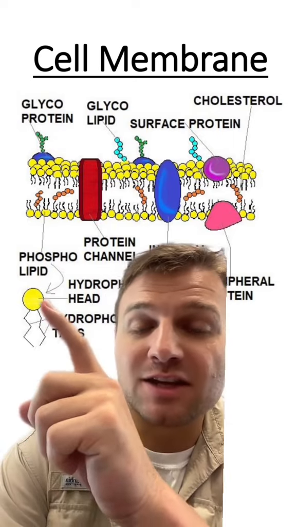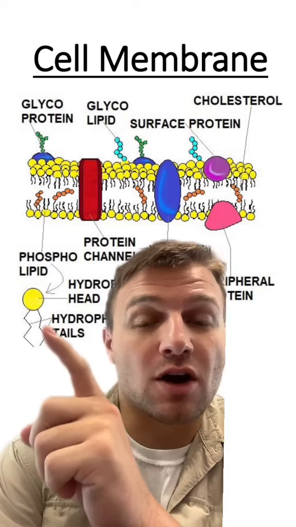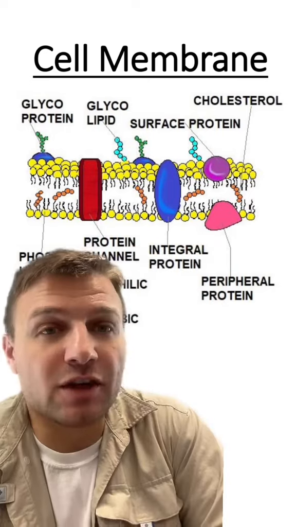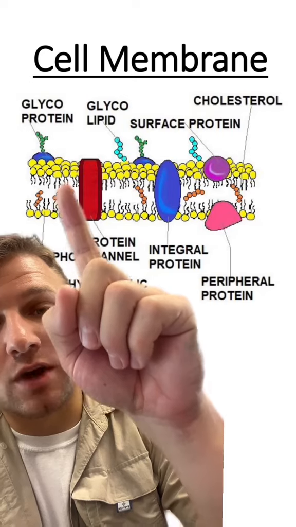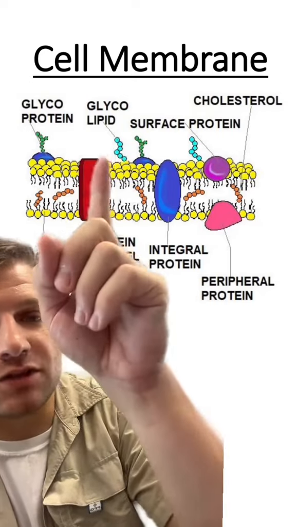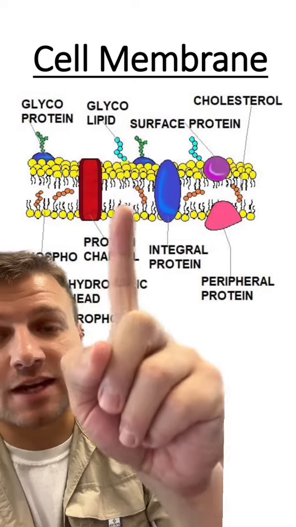lines. Since the head is polar, it's going to be hydrophilic, which means it likes water, and since these tails are non-polar, they're going to be hydrophobic, which means they don't like water. In the phospholipid bilayer, the tails point inwards while the heads point outwards. This is because the cytoplasm and extracellular liquid contains water. So the phospholipid heads are going to be found on the outside and the tails are going to be found